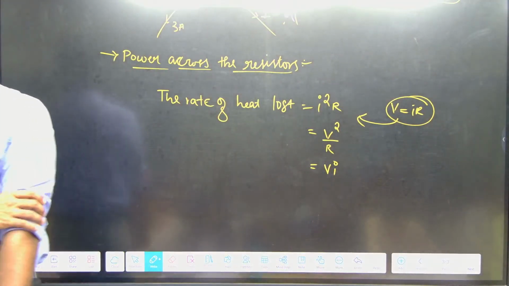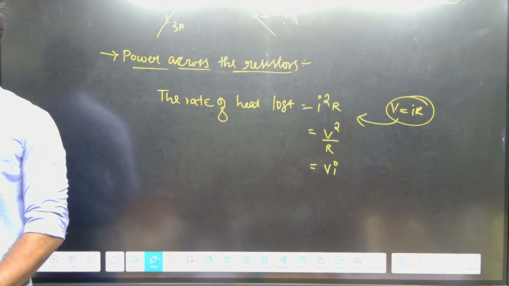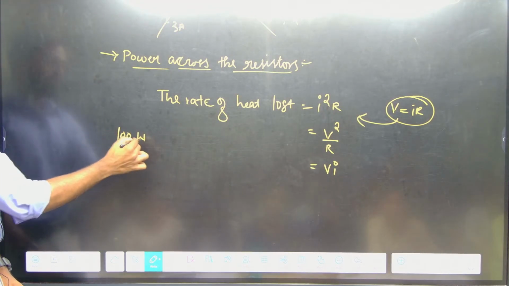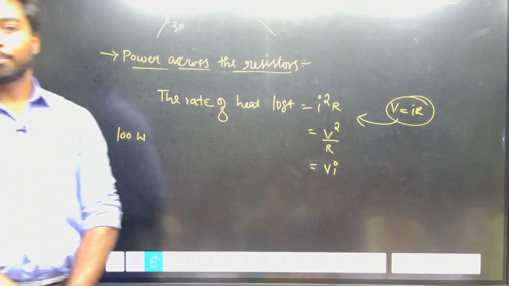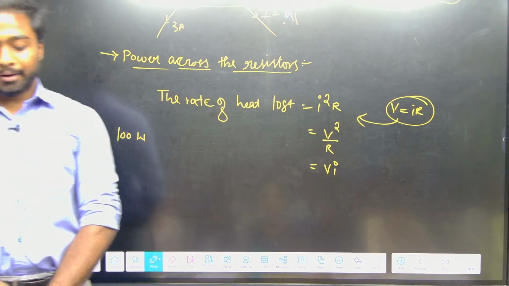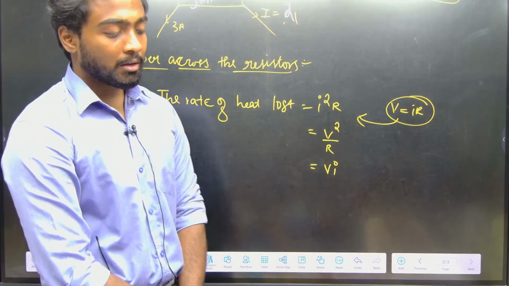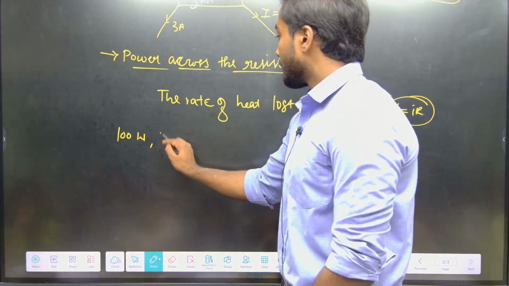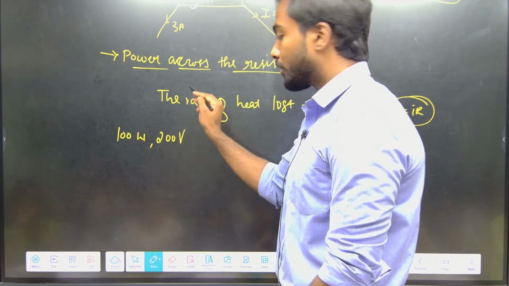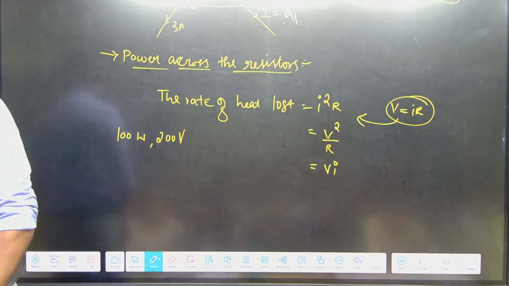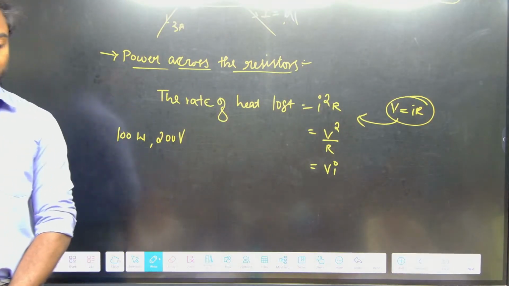Bulb rated at 100 watt. The SI unit of power is watt, no? Bulb rated at 100 watt, 200 volt, means